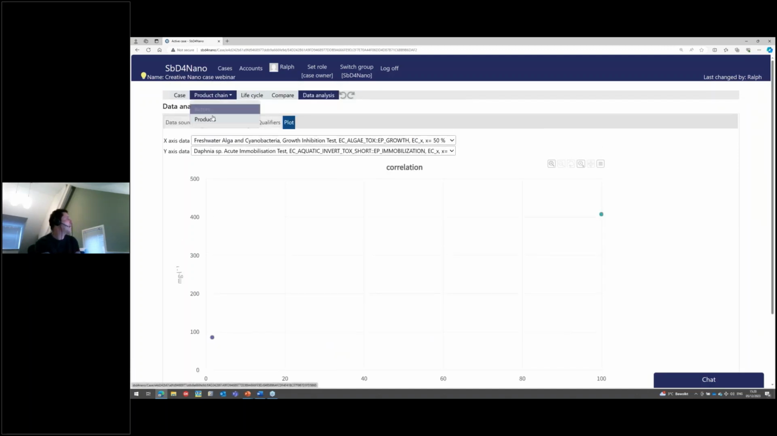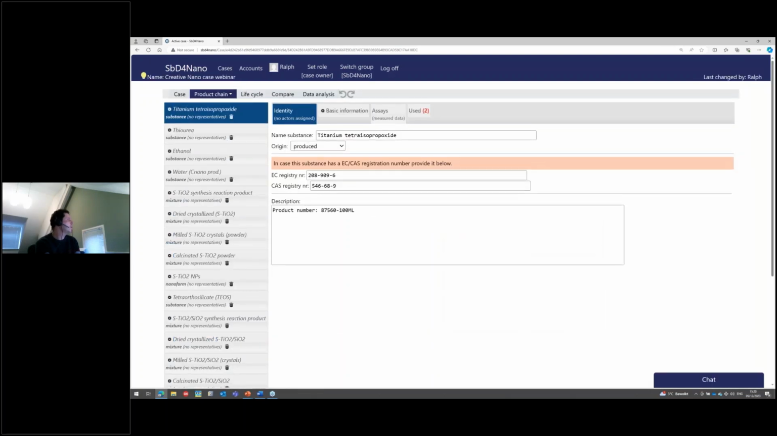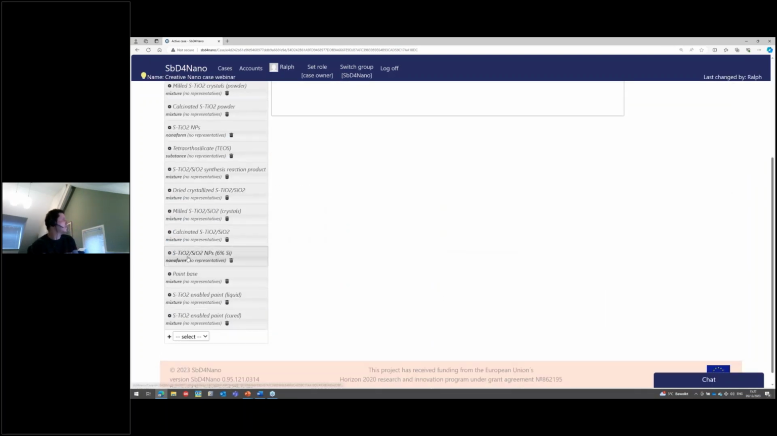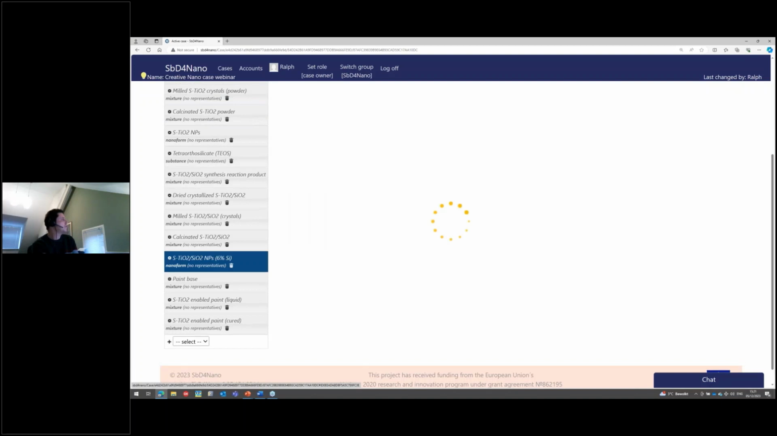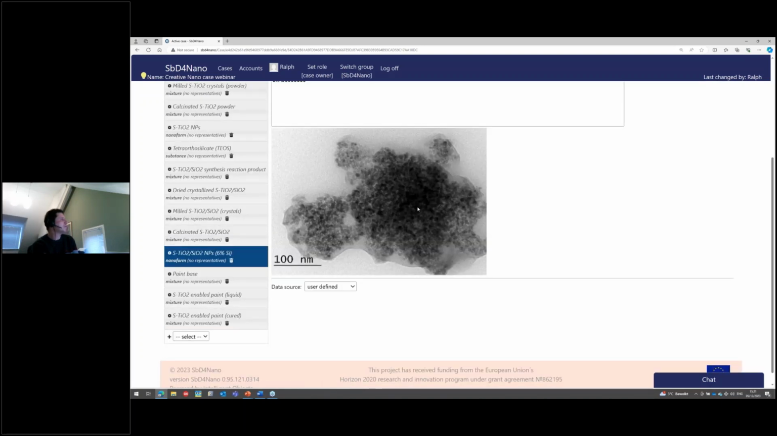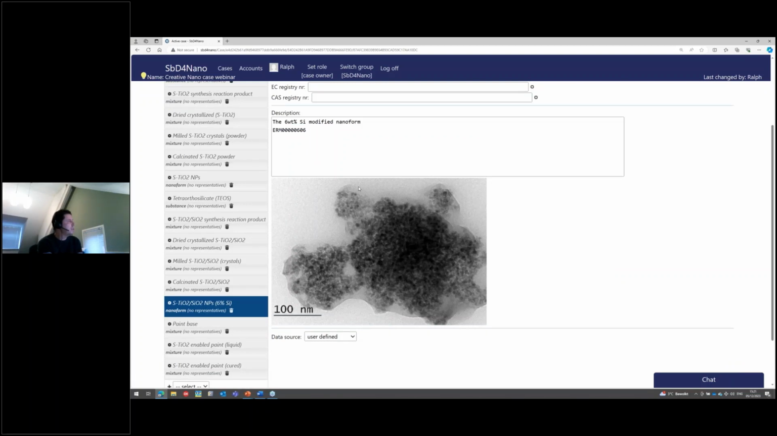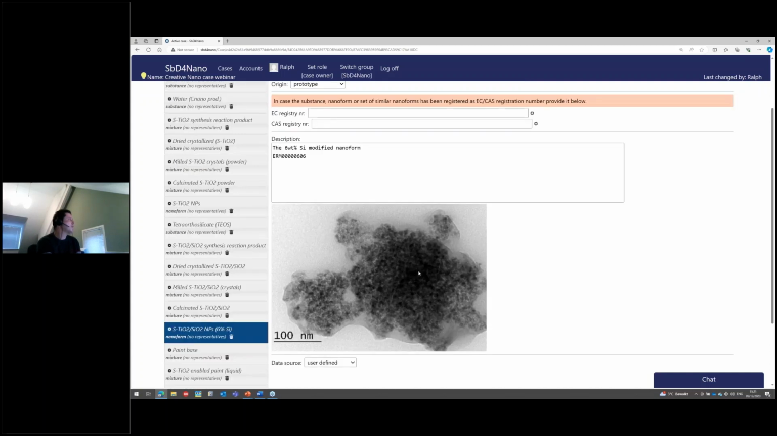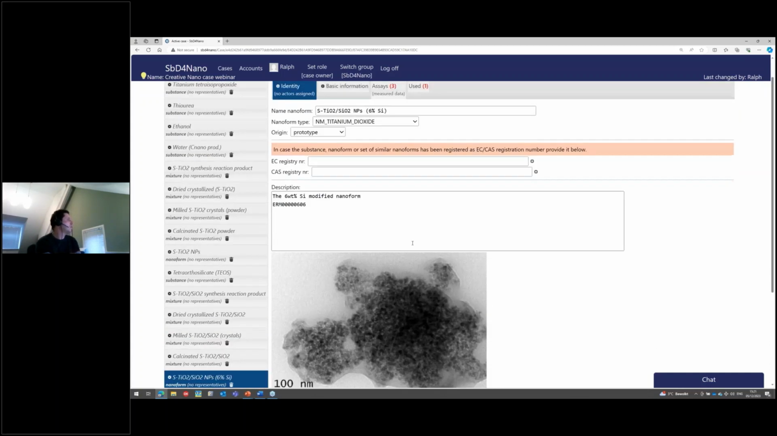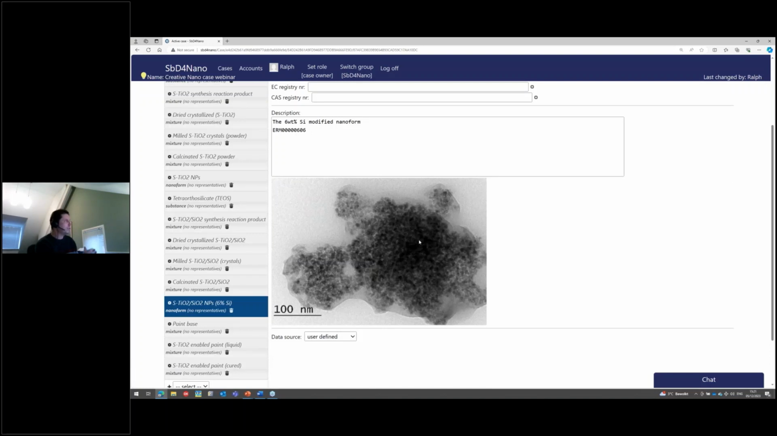If you go back to the products overview, you can see here the titanium dioxide, basically the safe-by-design version, and I also added the TEM image here, and you can clearly see the silica layer around the titanium dioxide, and also these particles are a bit smaller. So basically, what the tool here offers is the ability to add materials, add precursors, introduce articles, and all the